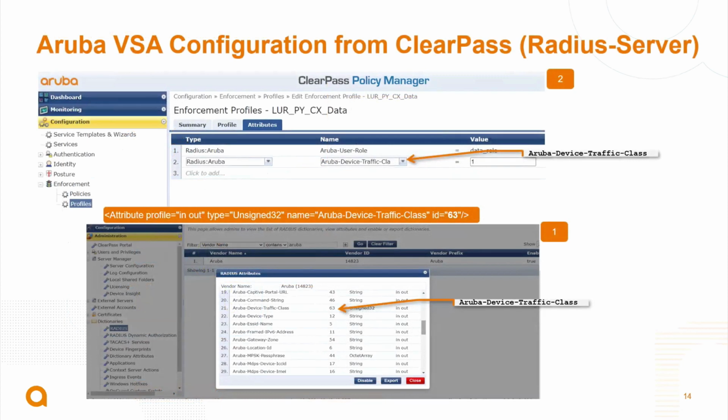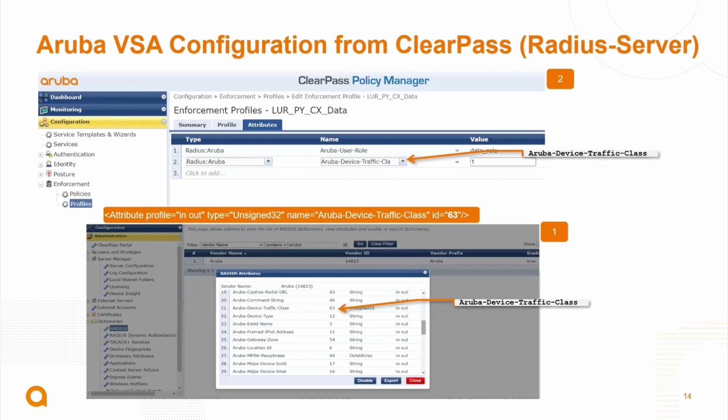Moving on to ClearPass. In case you're looking at ClearPass to set this VSA, especially this voice VSA, this is how you're going to set it. Whatever role you are passing, as you saw, I was passing a data role for the data devices and a voice phone role for the phone. In that, you can go and configure another VSA. To do this, remember, you need a 10.8 image only. You cannot do it on 10.7 or so, because this enablement is nothing but a Radius overridden role, or the mixed role. I can call this a mixed role, Radius overridden role. We'll call it for the IETF standard attribute.